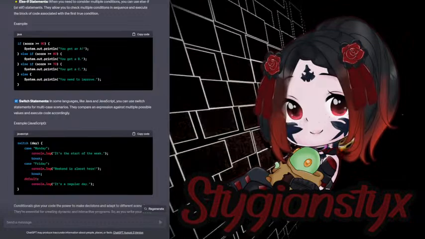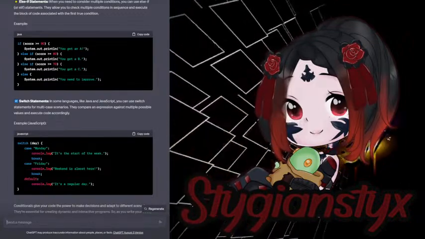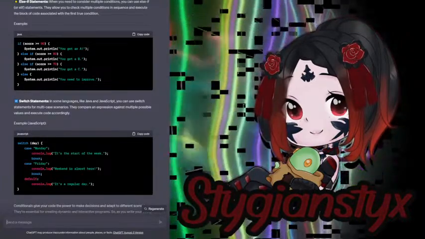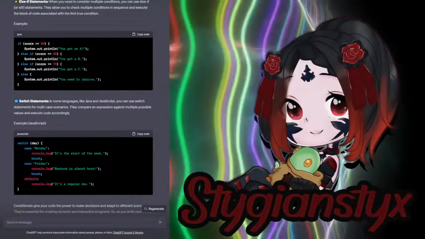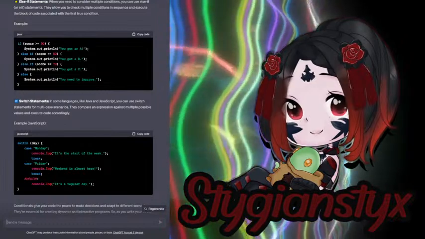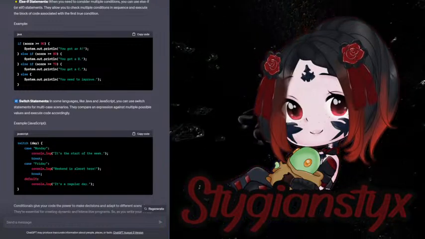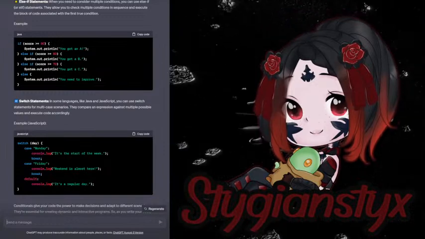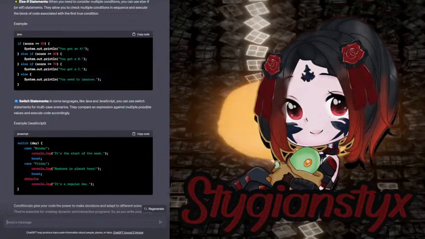out.println("You got an A."); } else if (score >= 80) { System.out.println("You got a B."); } else if (score >= 70) { System.out.println("You got a C."); } else { System.out.println("You need to improve."); }